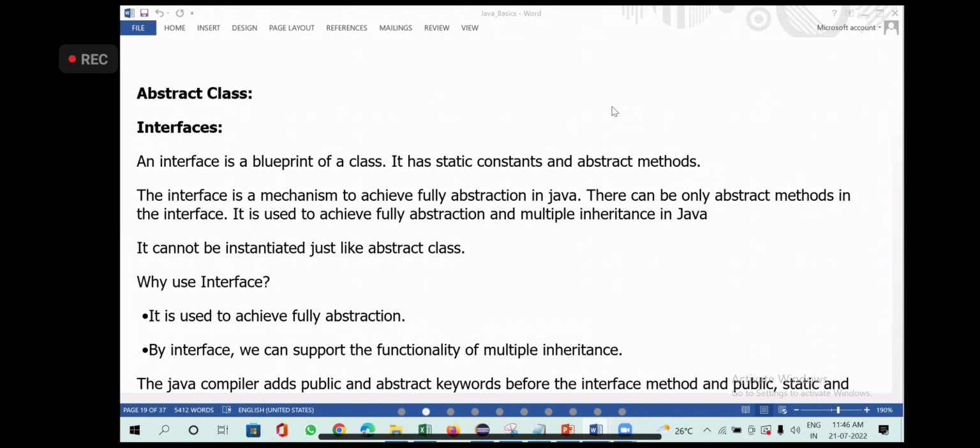Multiple methods, more than one method with the same name in the same class, that is overloading. More than one method with the same name in the same class is called method overloading. Overriding is the same concept. Two methods will have the same name, but one method is in the superclass and one method is in the subclass. That is called method overriding. You can note it down later.